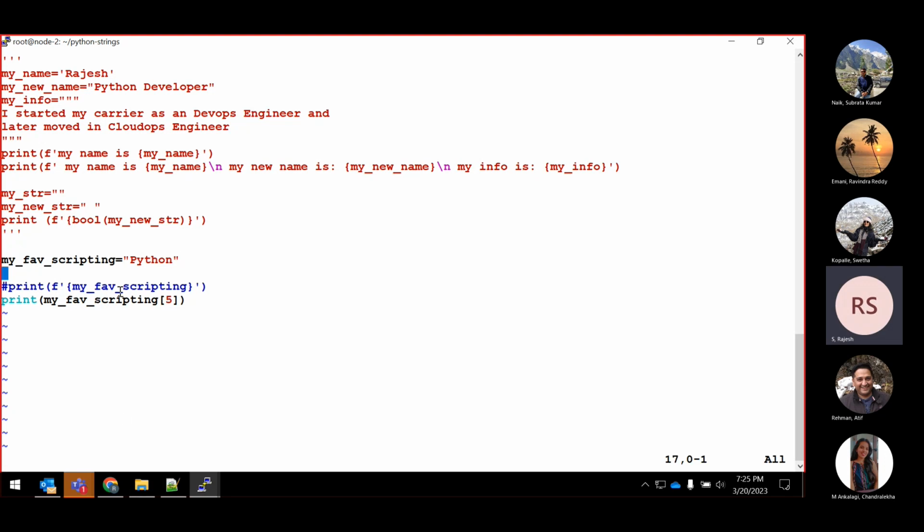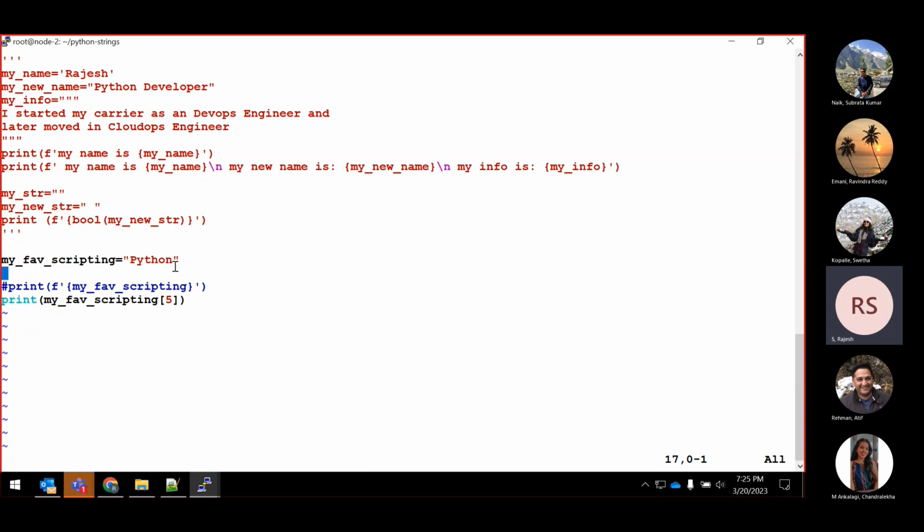Now you know that Python has 6 characters, with index values 0, 1, 2, 3, 4, 5. So it understands index value 0 means P, 1 means Y, and so on, up to the fifth index value, where the character N is. In this way, from your left towards right, you can read the string